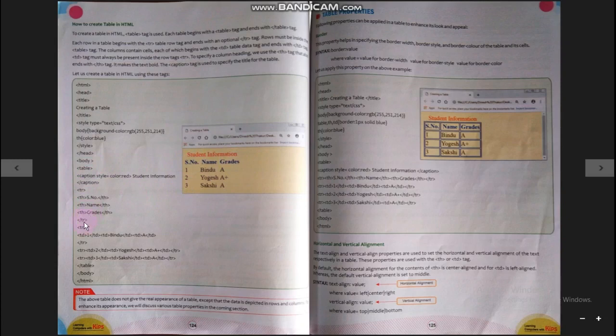Now that row is closed, another row is opened. In that row there is td started, td closed, td started, td closed, td started, td closed. So 3 tds are there, so 3 columns: 1, Bindu and A. So 1, Bindu and A is printed into the second row. That row is closed here. After then another row is opened. In that row 1, 2 and 3 columns again